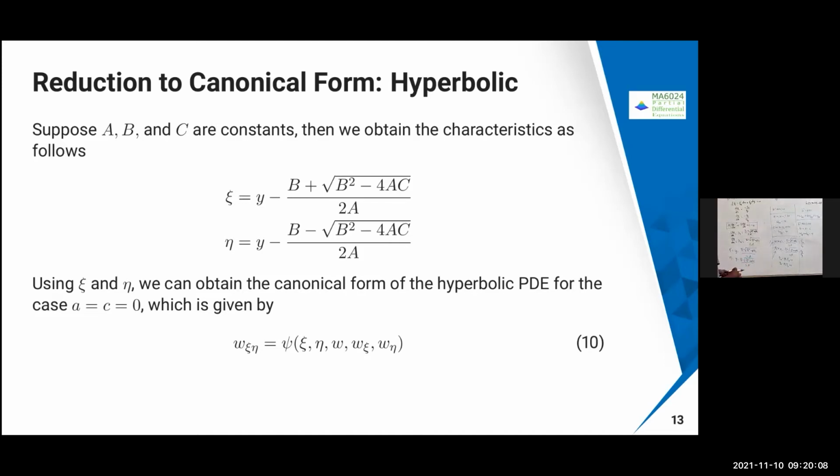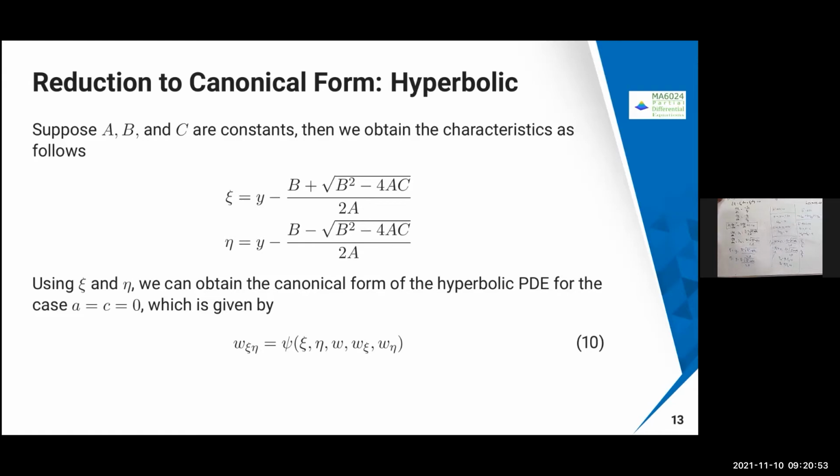Okay, so I'm just going to take this coordinate system. I'm going to consider that the characteristics are given by this: chi equal to y minus (b plus square root of b square minus 4ac) by 2a, and similarly for eta. Because chi of x comma y equal to constant here. If you solve for dy by dx, some constant is going to come. So integrate that, and you are going to get this. Similarly, here it is b minus square root of b square minus 4ac.